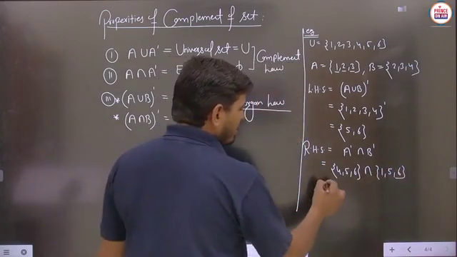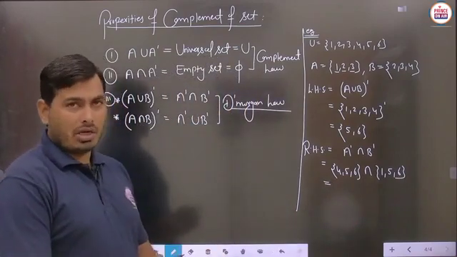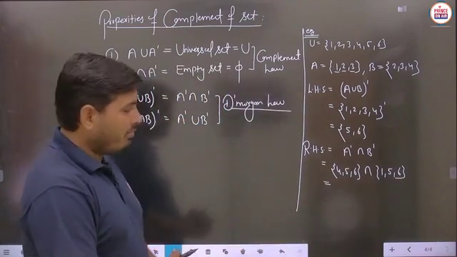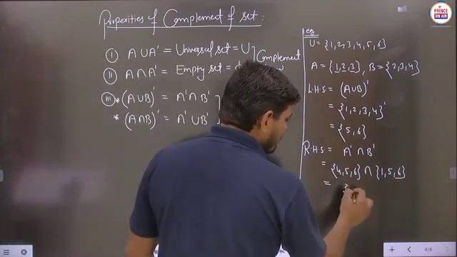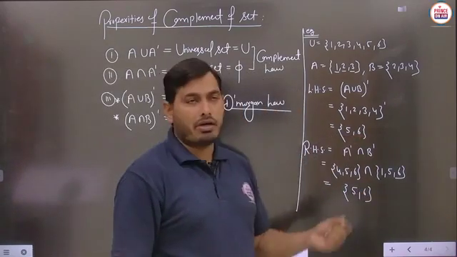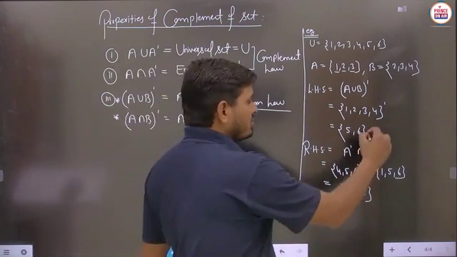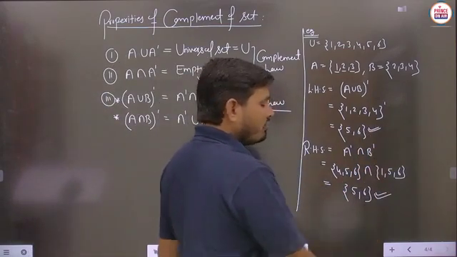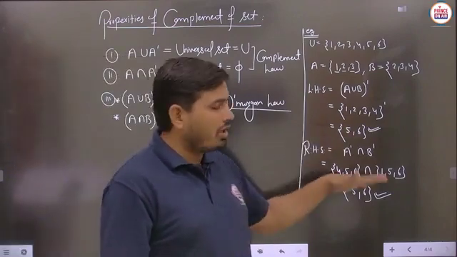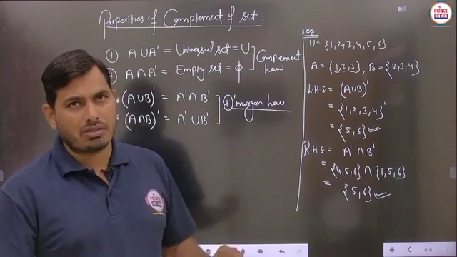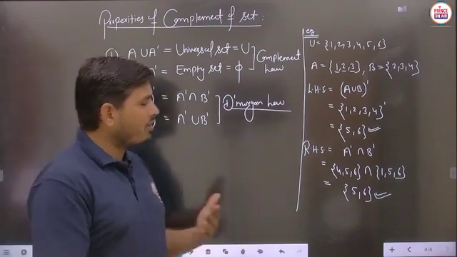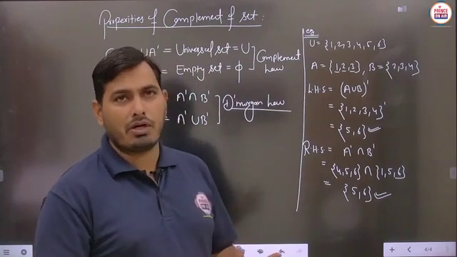Now students, the intersection of both sets is taken. Intersection means we take the common elements from the given sets, and the common elements are 5 and 6. So this is the right hand side answer, and we already calculated the left hand side. In both, the answers are 5, 6 and 5, 6, with no difference, meaning the left hand side equals the right hand side, and so this particular law is verified. If we want to verify a particular law, there are two ways.